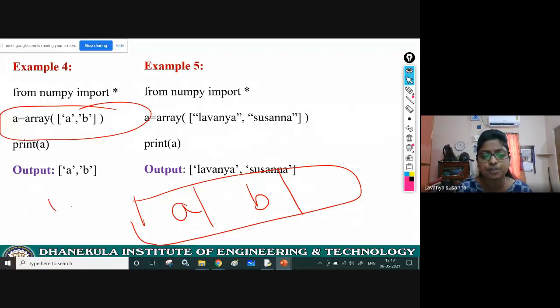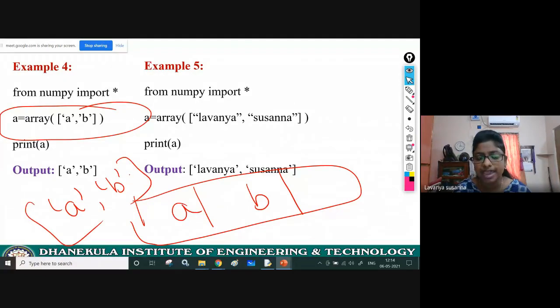Inside that, just specify characters in single quotes. Just a equal to array, open bracket, inside that open square bracket, close square bracket, inside that specify some characters. It's very simple.